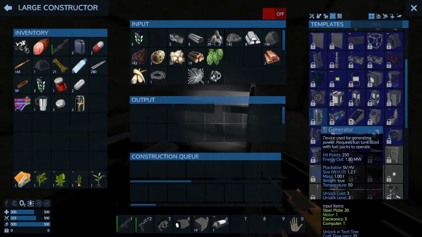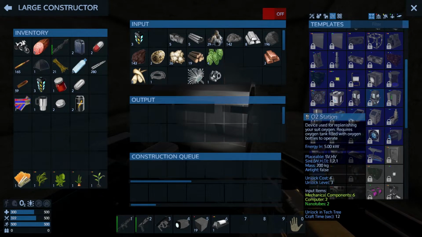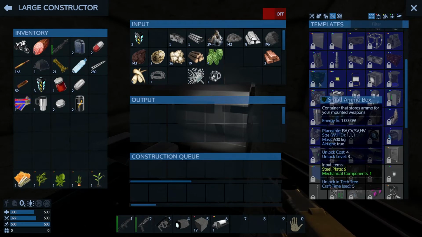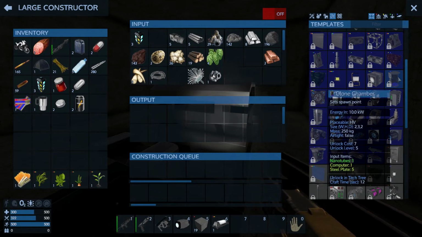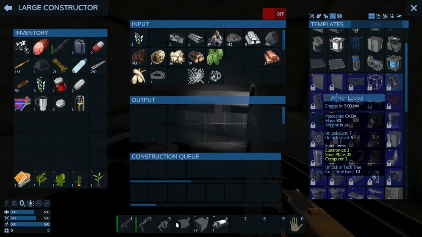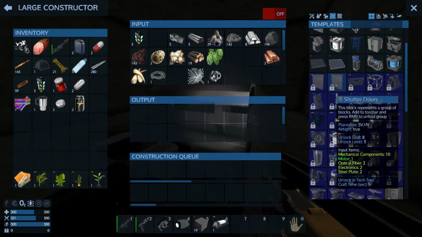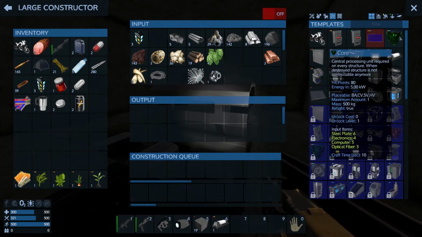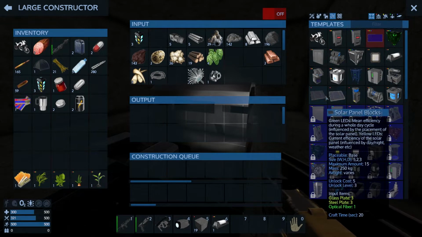Generator. That goes with a tank, though, so that's not what we're looking for. Fridge, O2, ventilator, ammo boxes. Yeah, we're going to need an ammo box and a gun turret at some point here. Armor locker is the one I really want, though, because that's going to open up some cool stuff. I don't see that battery that the game was kind of talking about, so...